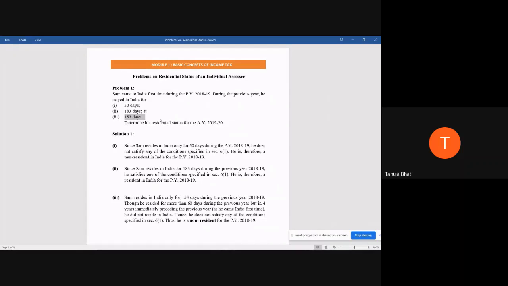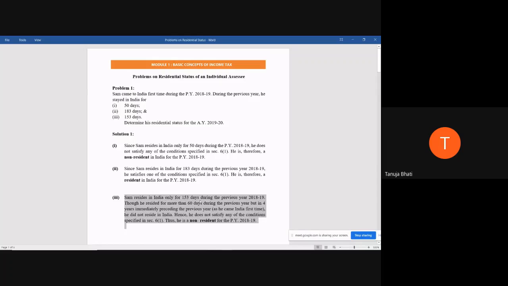Second will obviously not satisfy because he is coming first time in India. So why should we check the previous 4 years whether his stay is 365 days or more, because he's coming first time into India. So obviously he will be a non-resident since he is not satisfying the basic conditions. Either basic condition is not satisfied, so he is a non-resident for the previous year. So let us say